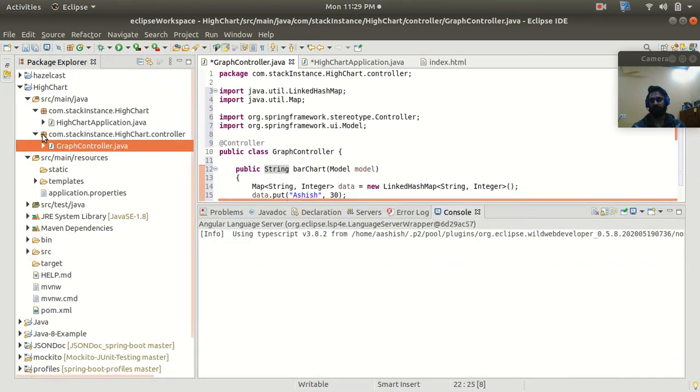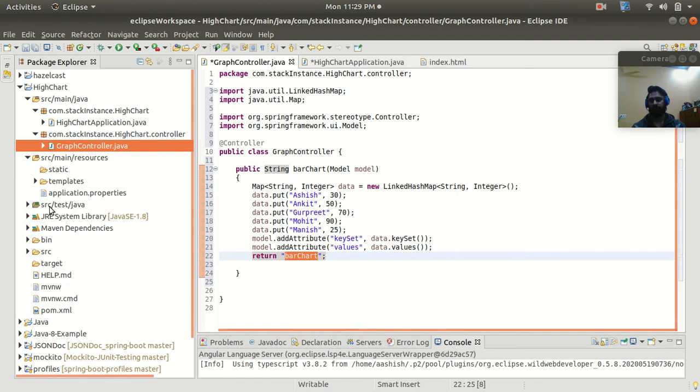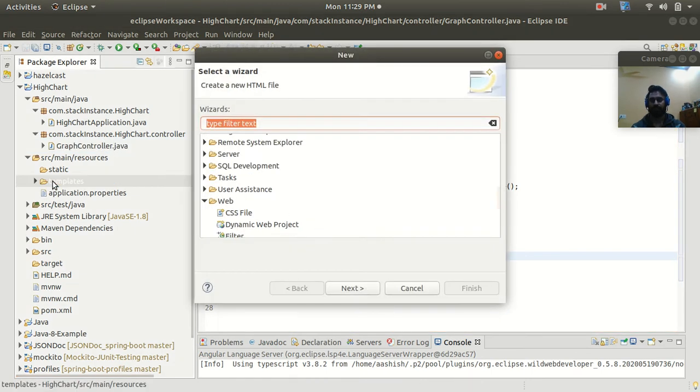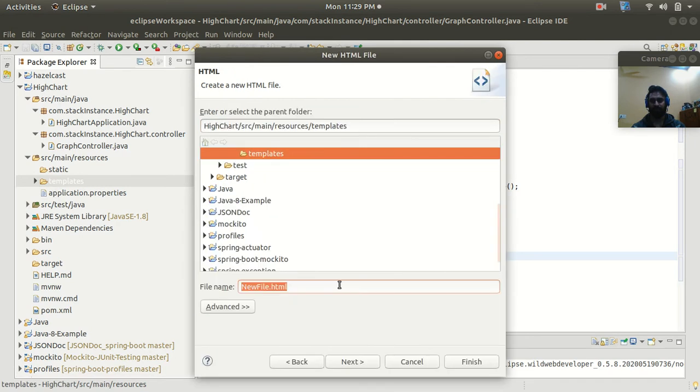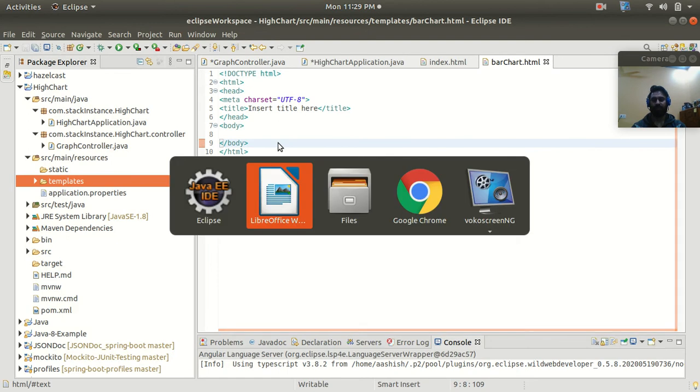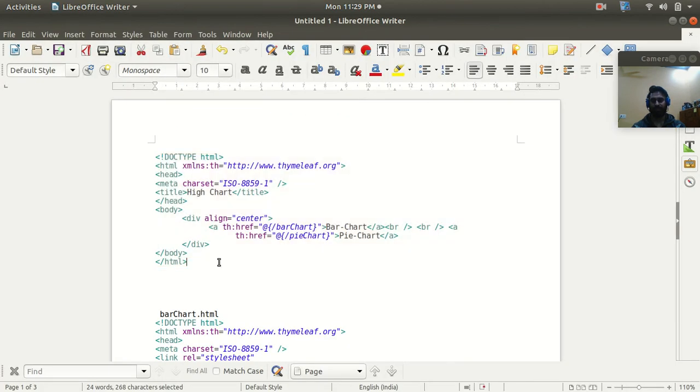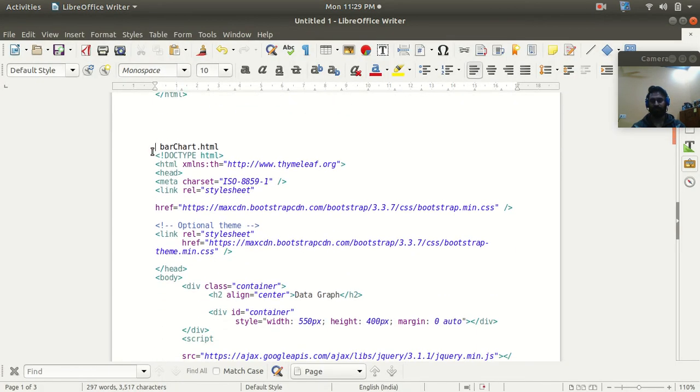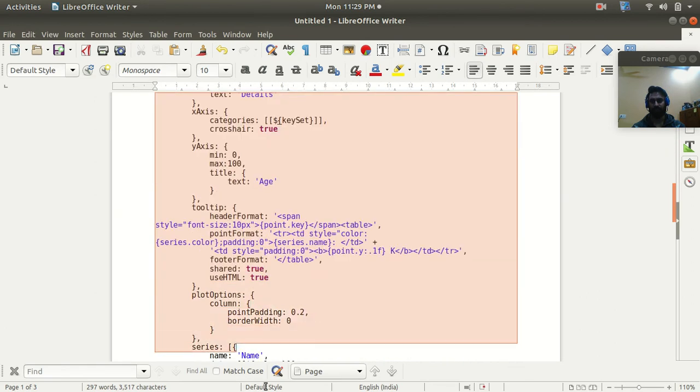So let's go to our template folder, and here we need to create one HTML file, barchart.html, right? I have already saved the template for the bar chart, so I'm going to copy it and then I will explain.